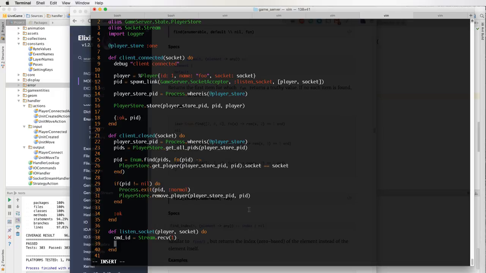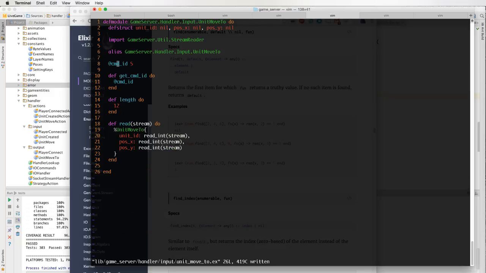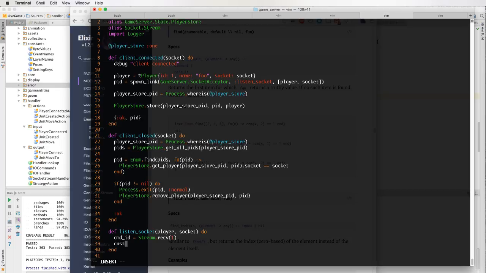Let's see here. You know what? So, I guess the hard part is I don't want to have to continuously, every time we add a new command, I guess we'll have to. That's the problem. I guess we'll do it. Case command ID,